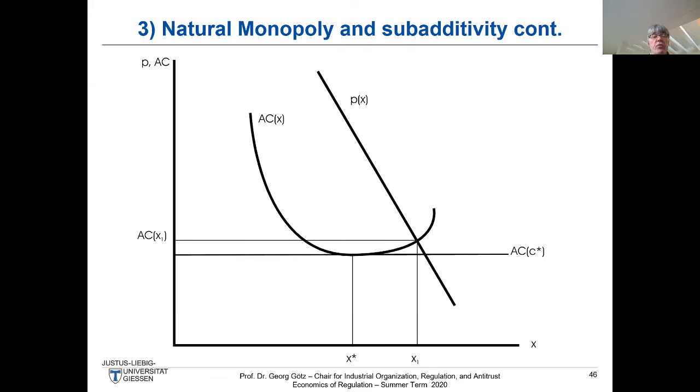I also gave you this smaller side note that subadditivity does not necessarily imply falling or decreasing average costs. That's what you saw here, even though the cost might go up after some level. Still, it's cheaper to have only a single firm providing the whole industry output X1 here, rather than two or more, which would then have just X1 over 2, just half the output.